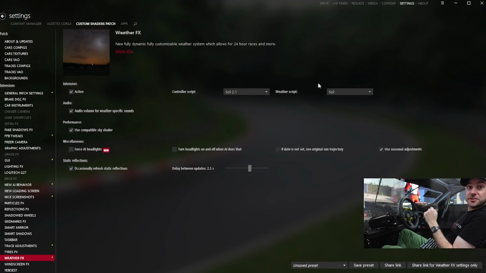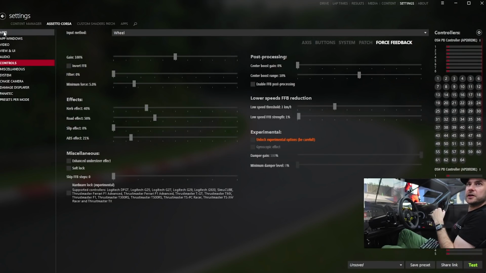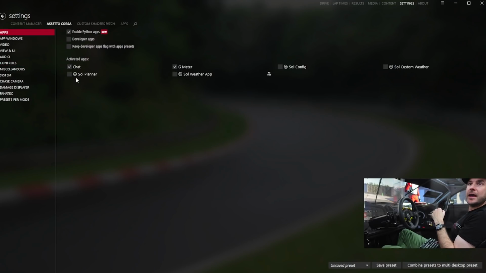Then once we've done that, we also need to enable the ability to control Sol from within the Assetto Corsa game once it's up and running. So to do that, we're going to click on the Assetto Corsa tab. We're going to click on Apps, and we're going to enable Sol Planner, Sol Weather App, Sol Config, and Sol Custom Weather here. That's going to allow us to access those menus from within the game later on